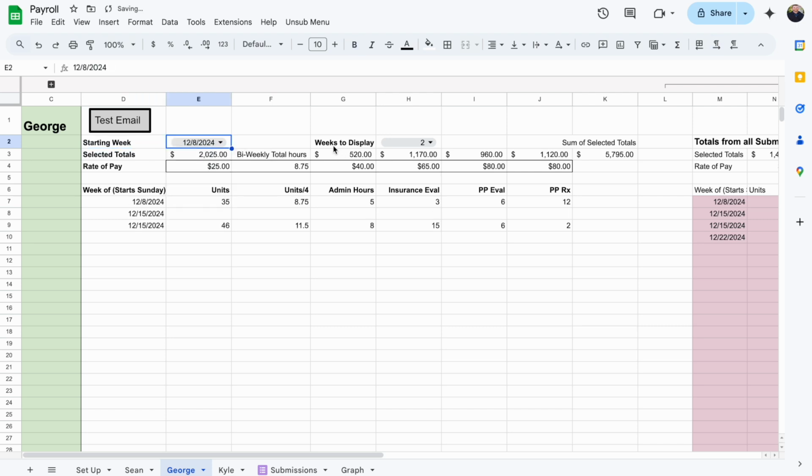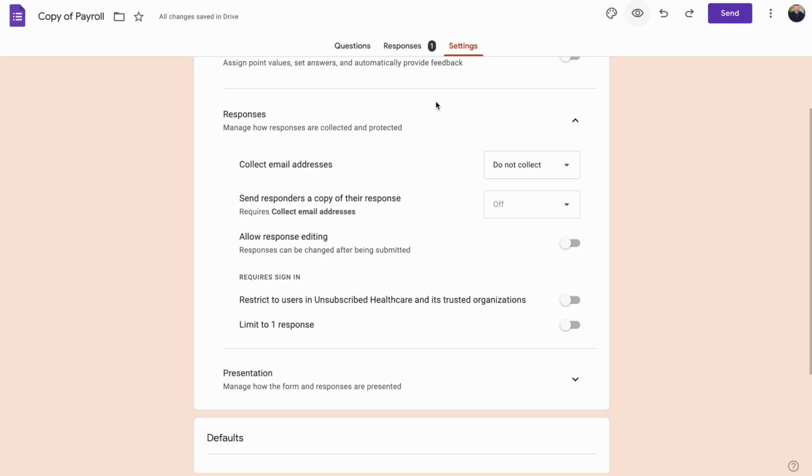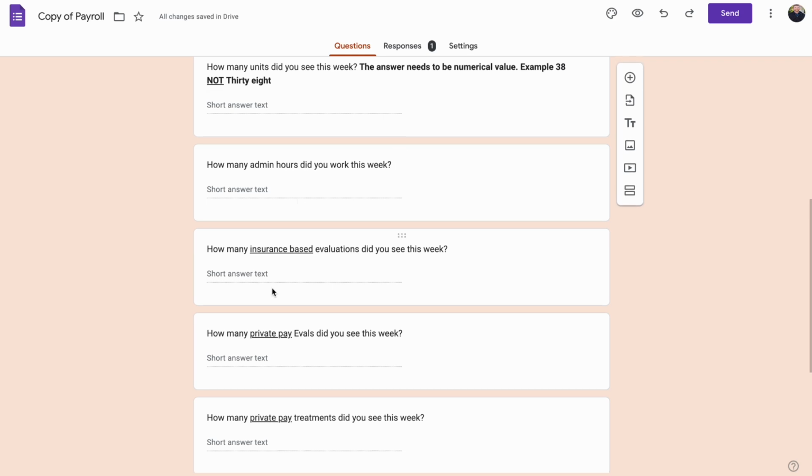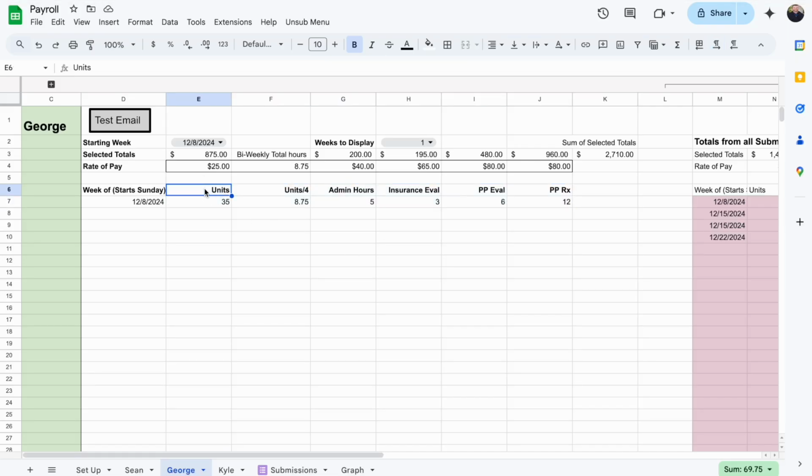So if we go to 12/8 and we wanted to just see 1 week, you can see here what they have put in for just that week. So you can see the units divided by 4, admin hours, insurance eval, private pay eval, and private pay treatment. This is just what the person who hired me to make this payroll wanted, and so this is how I have set it up. And you can see this is related to all the questions that they have on their original question sheet. So if you were going to change anything here, you would need to change it on this section of the